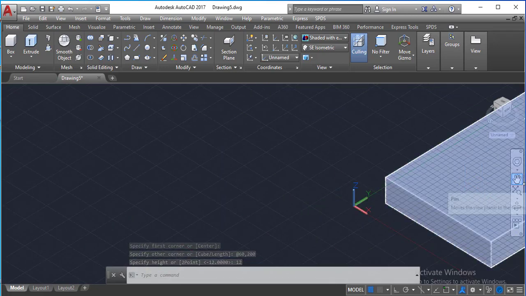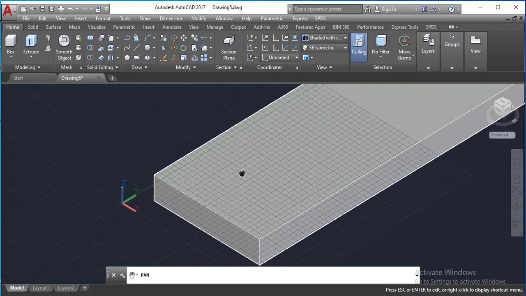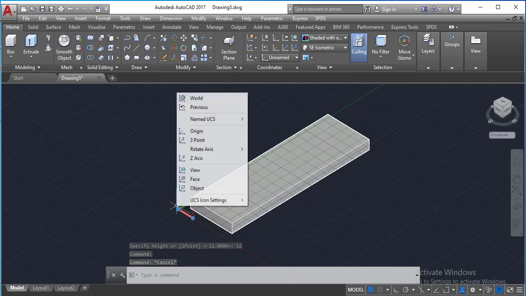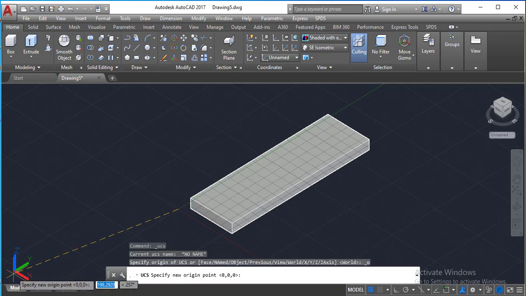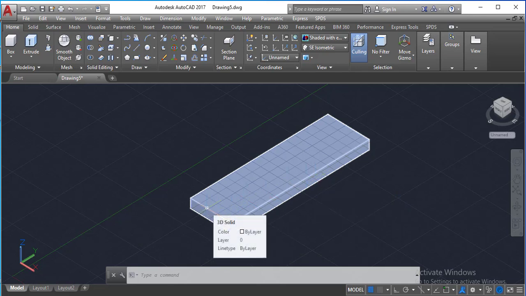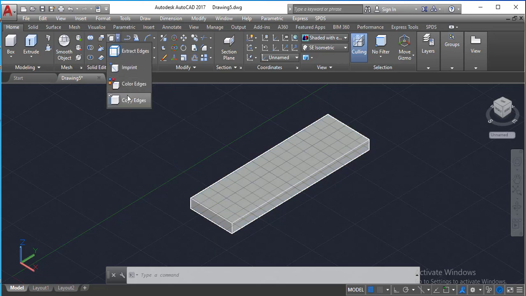So we try to compress such that we can view the entire object. So we again have to move this in order to avoid interruption as we are drawing. Here we are going to draw a circle from this edge, and its center should be 20 millimeters from this edge. So how do we do that? We first draw the line that will be 20 millimeters from this edge. So in this we go here, copy edges,